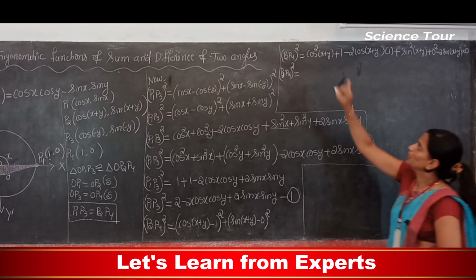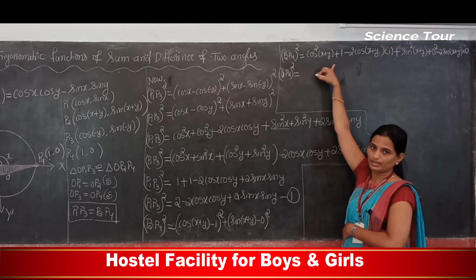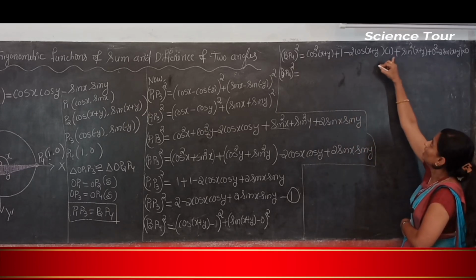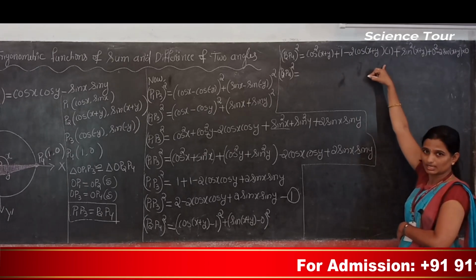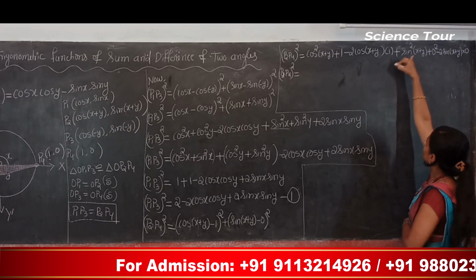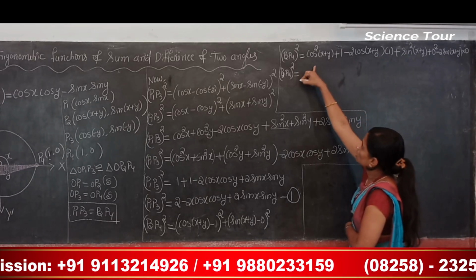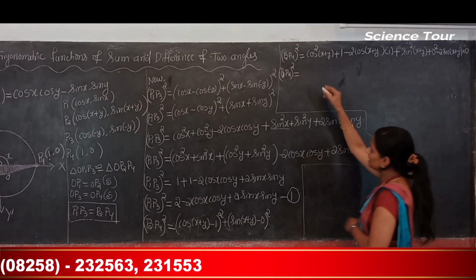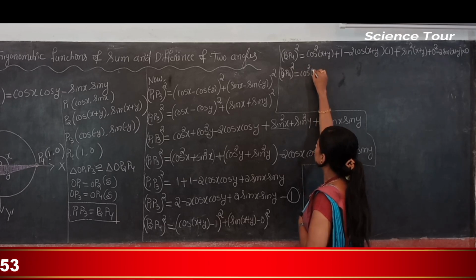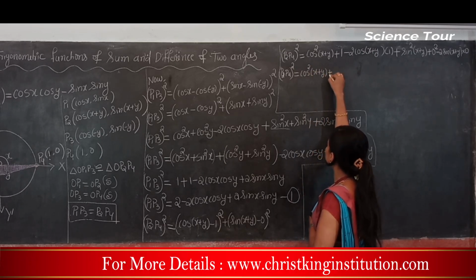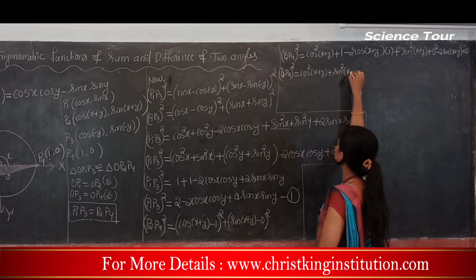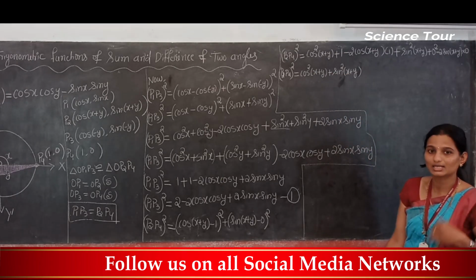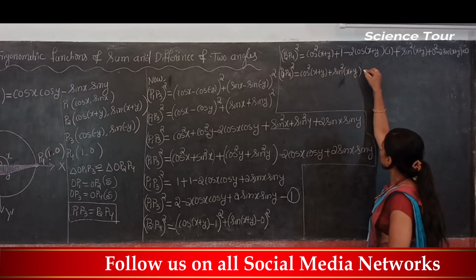Cos square (x plus y) plus 1 minus 2 cos (x plus y) into 1, it comes as 2 cos (x plus y), plus sin square (x plus y). Cos square (x plus y) plus sin square (x plus y), that I will write together. For these two I can use the identity, we can replace those two as equal to 1. Next this plus 1